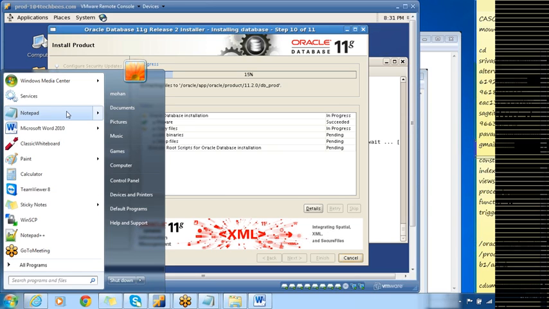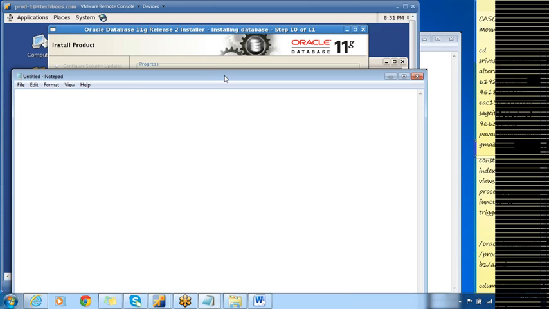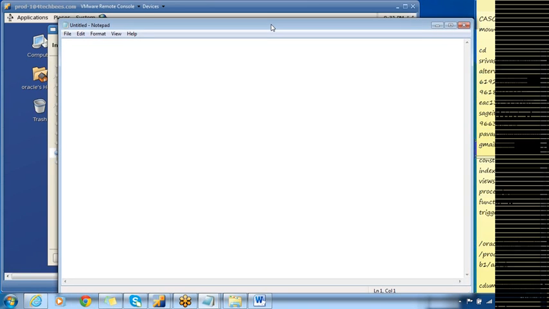And let me show you some of the commands which are used to bring up the cluster. Whenever you reboot the server, automatically the cluster will come up. But if you want to bring it up manually, we'll go for crsctl start crs. This will bring up the cluster on that node. For example, if I'm issuing crsctl start crs on prod1, then it will bring up all the resources on prod1 itself. First it will start the HASD service.